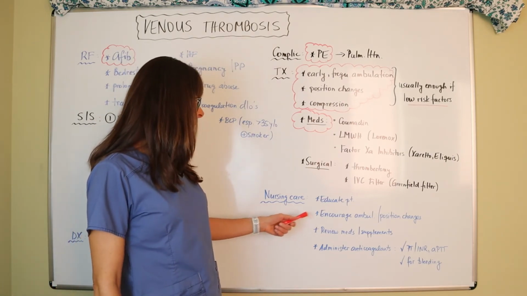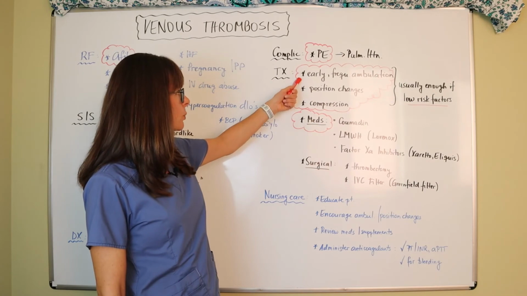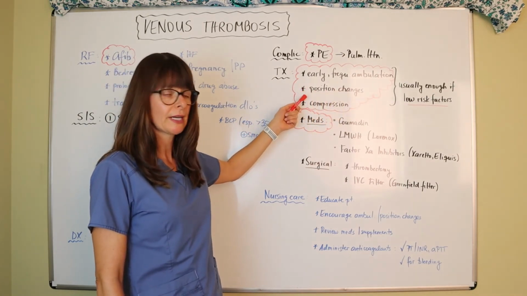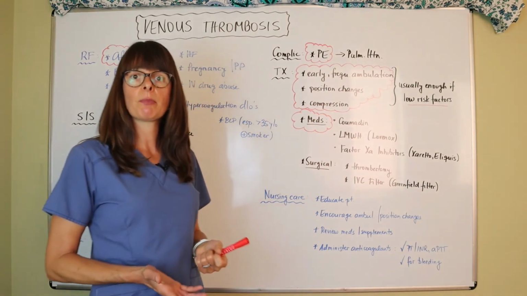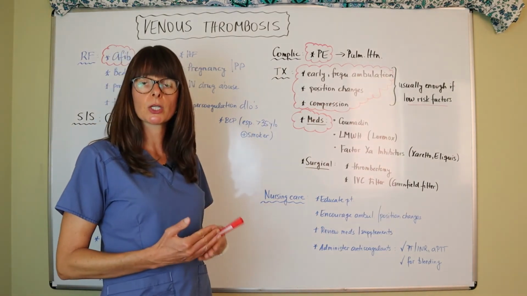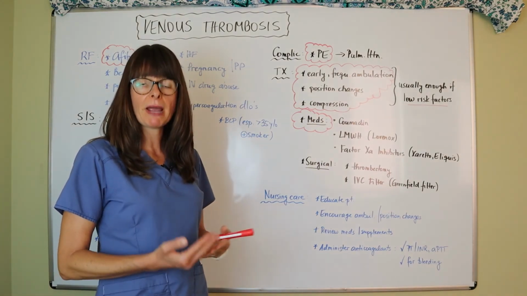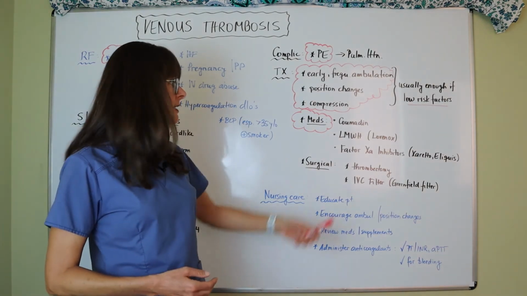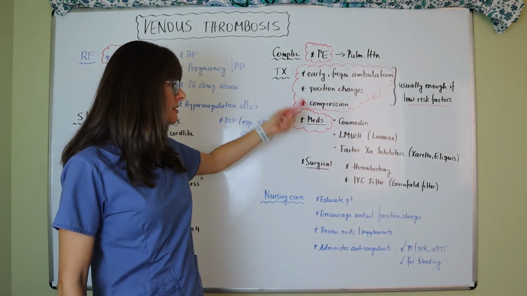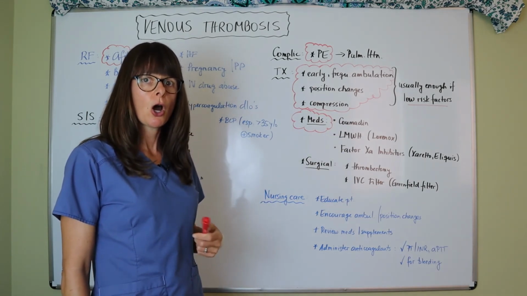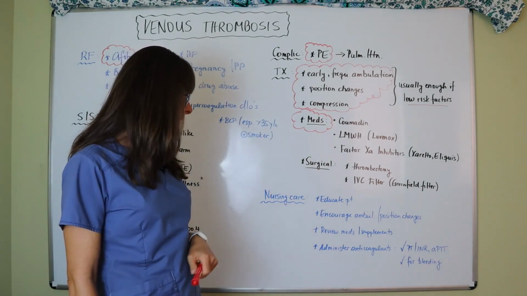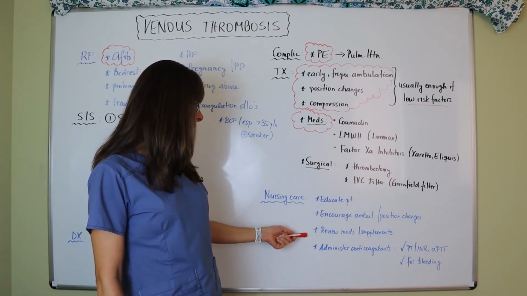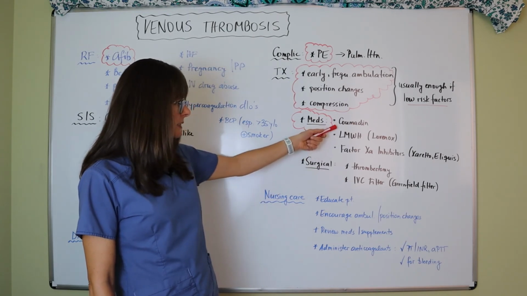As for nursing care, we always want to educate our patients because we know that these 3 measures are typically enough to prevent blood clotting. And many times, if we just educate our patients and tell them why it is so important to ambulate, to get up, although they might be in pain, they might not want to, they have no appetite, all these things, we want to encourage them to do these things so that we can prevent this complication of thrombosis and maybe even a PE. And encourage ambulation and position changes, as well as review their medications and supplements, because especially Coumadin